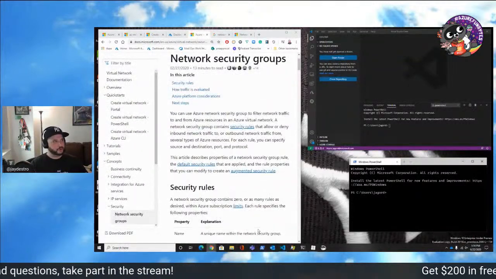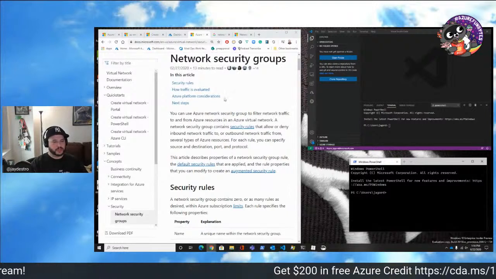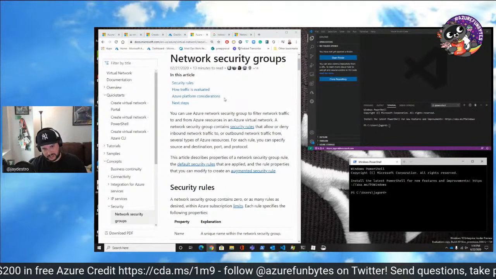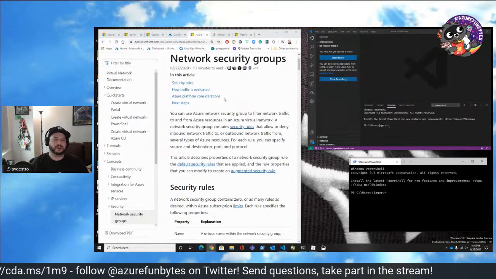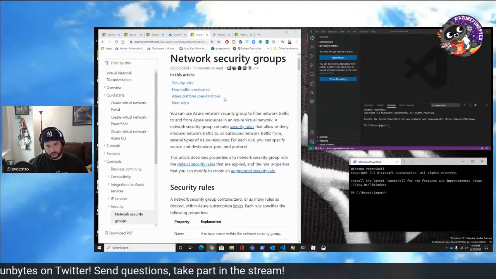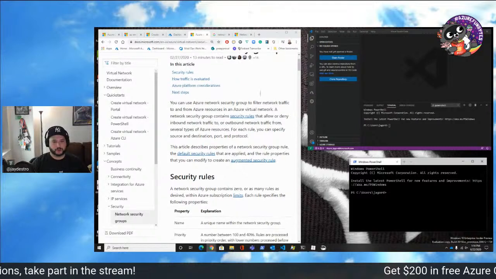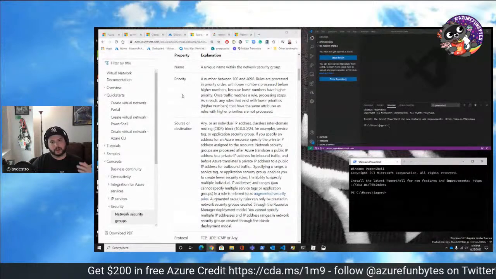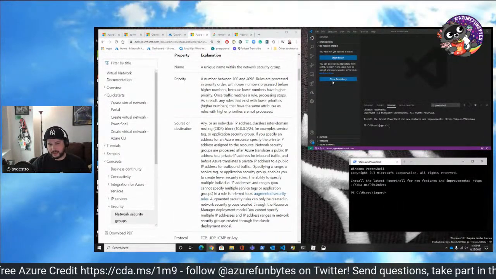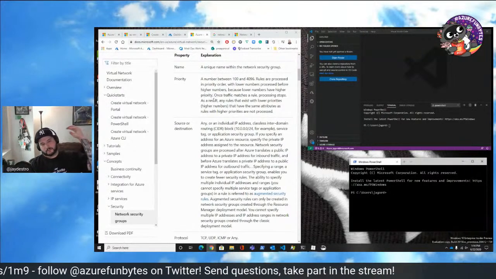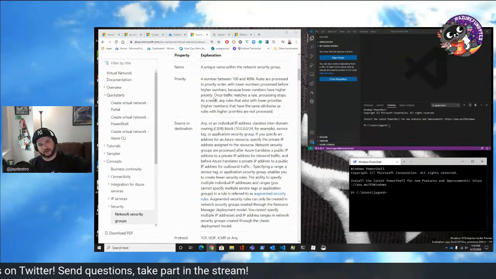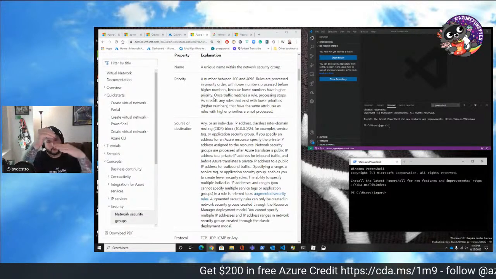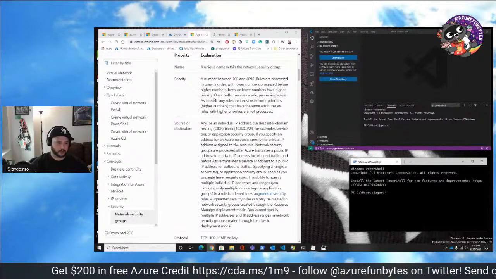So what is a security group? A security group is simply a place to attach resources, or I should say to put resources inside to determine how network connections will go to the resources associated with that network security group. So for example, we can set a name for the network security group. Then we can create rules for these. So we set a name, a rule, we set a priority. That's the hierarchy of how the different rules work. So you have one rule that might match and then another rule that might match, and you can put them all in a certain order.